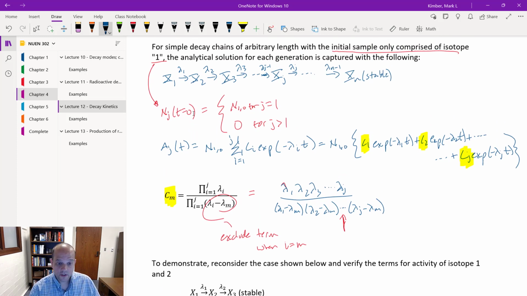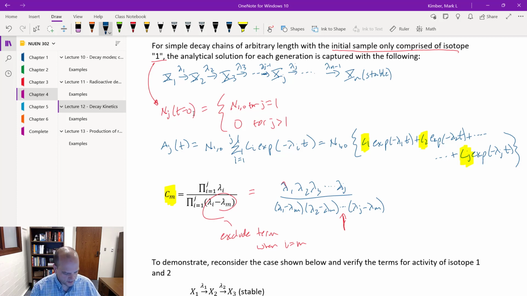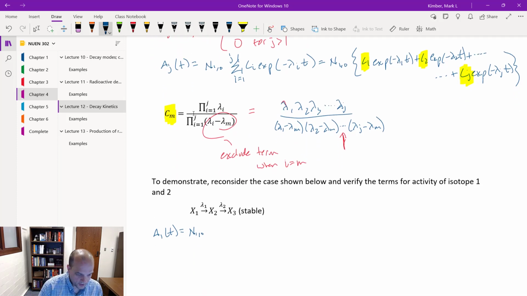Well, I'm looking at the first isotope, so I only have one term. I have a C1 and a lambda 1, and that's it. So this would be n1 naught times C1 times the exponential of negative lambda 1 t,